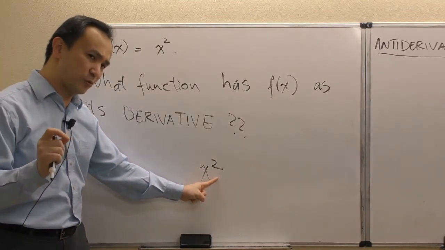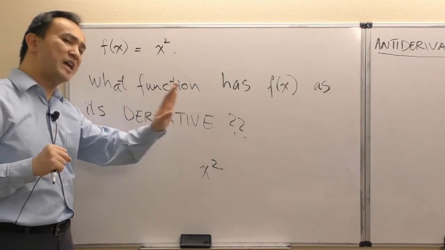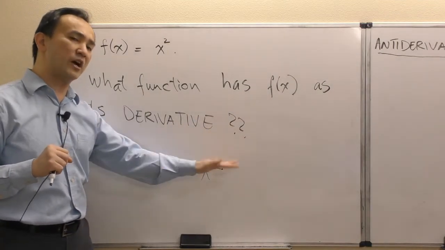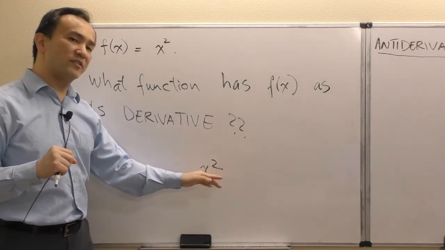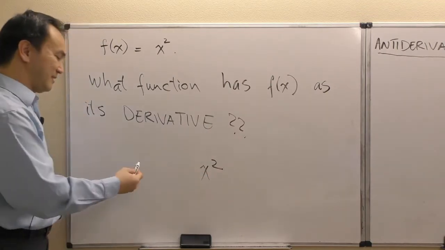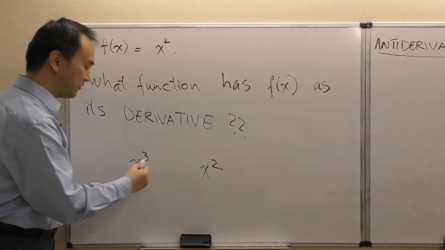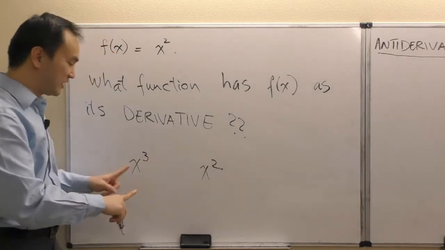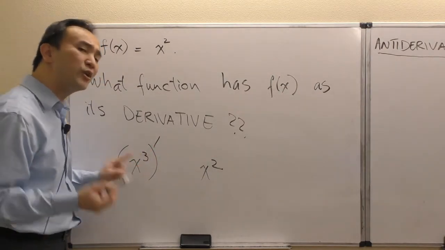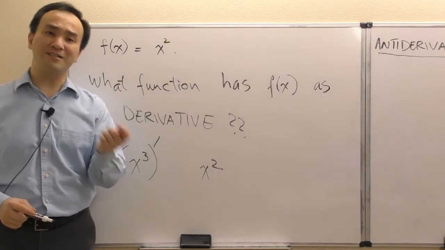So think about those days when you were doing derivatives: if you want to arrive at a derivative being a square, does it make sense that your function before taking the derivative must be a power 3? Because of the power rule back in derivative days,